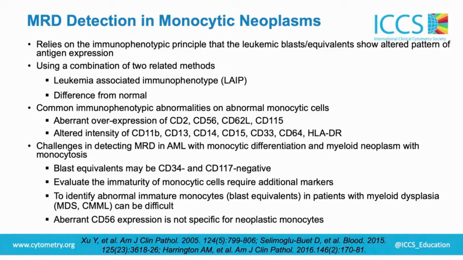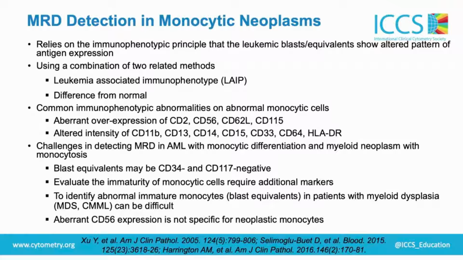Blast equivalents may be CD34 and CD117 negative, so you can't rely on blast marker to gate abnormal cells. You need additional marker to confirm immaturity. Most labs rely on lack of CD14 as a feature of monocytic immaturity. CD14 staining pattern is clone dependent. Some anti-CD14 clones may recognize pro-monocytes in addition to mature monocytes, so lack of CD14 is not always a reliable